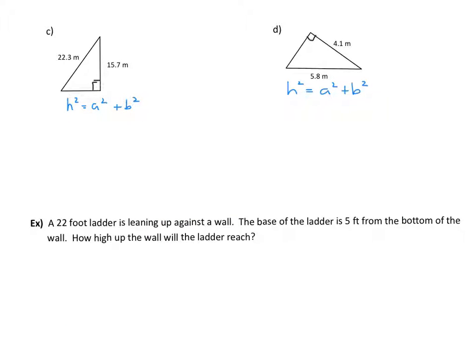Okay, so we need to identify which side is our hypotenuse. Here's your right angle. Across from it will be your hypotenuse. So this is the hypotenuse here. For part D, across from that right angle, this side is your hypotenuse. So in both of these examples, you were given the hypotenuse, and what you need to figure out is one